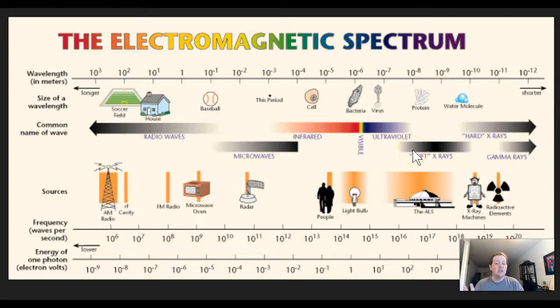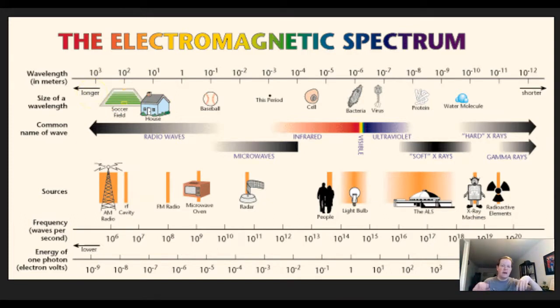And as I mentioned before, the electromagnetic spectrum as a whole is much bigger than visible light. Here's visible light, but all the other things, radio waves, microwaves, infrared, ultraviolet, X-rays, gamma rays, they're all the same thing. They are all those oscillating electric and magnetic fields. The only difference really is their size. Radio waves are huge. They can scale from the size of houses to soccer fields to mountains. We can't see radio waves, but if we could, they're gigantic.